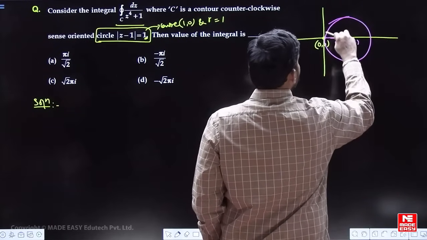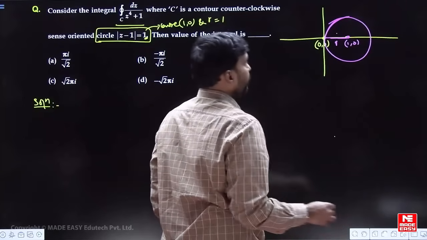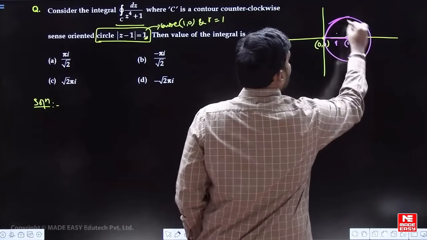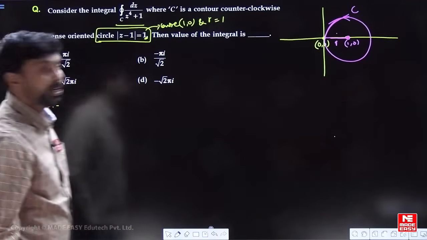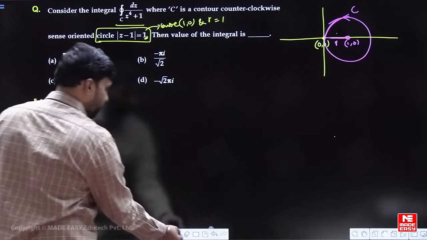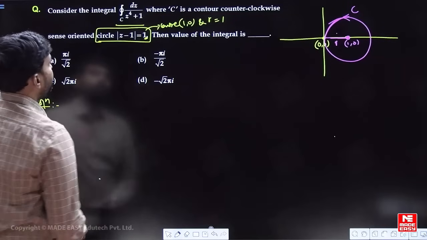Right? So this is the circle what we can see, right? So this is the contour which is given to us here. Okay, let it be. Now, what I do is that